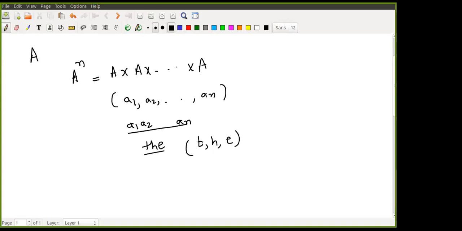So code means what? A code is any non-empty subset of A power n. That means a subset of A cross A and so on. How many elements will be there in A power n? That is the cardinality, which you know. Generally we take a non-empty code; code means at least certain words are there. So that is why we start there.